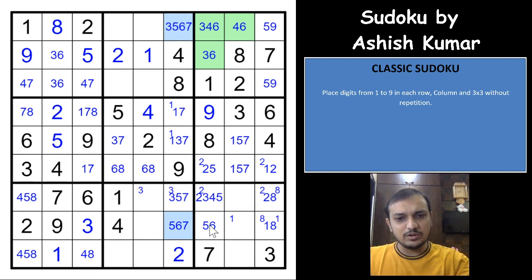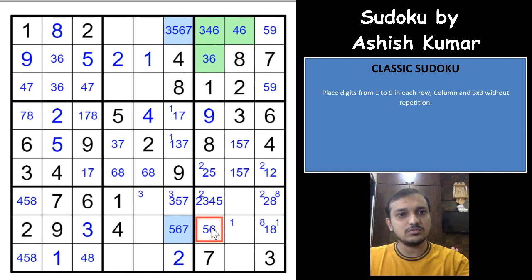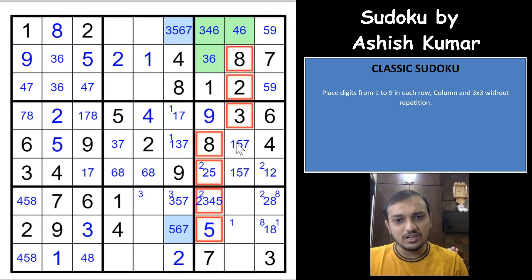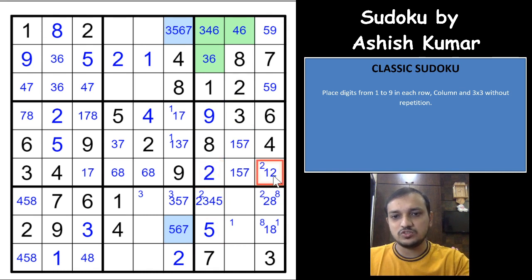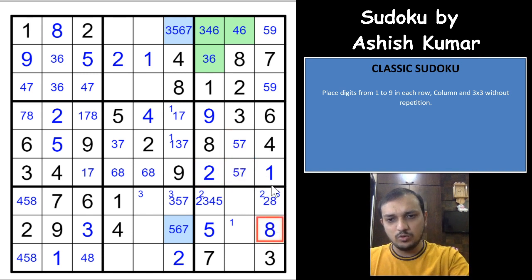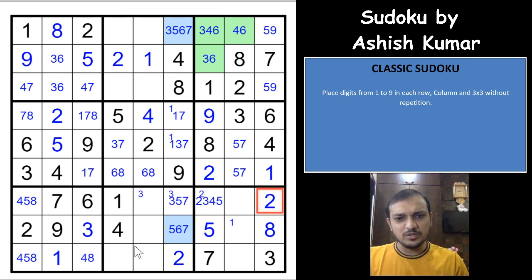So this cell would have to be a 5. Yeah, this cell will have to be a 5, and the moment you get a 5 here, this Sudoku gets a really easy solve now. This becomes a 2, this becomes a 1, right? And so 1 is taken off from these 2 cells, so this becomes an 8 now, this becomes a 2, so it becomes a really easy solve